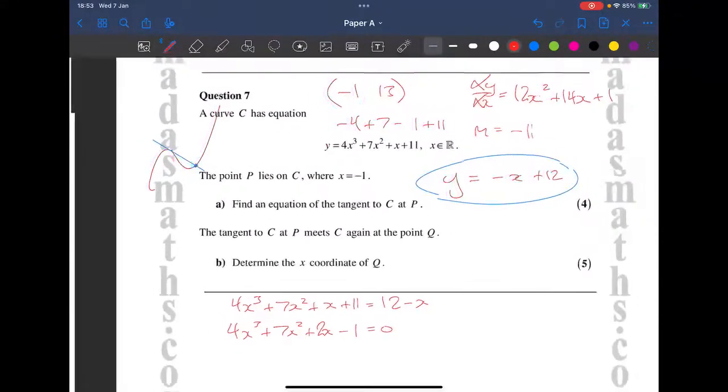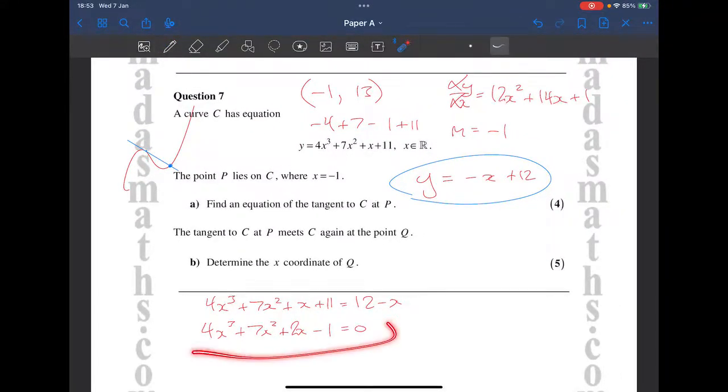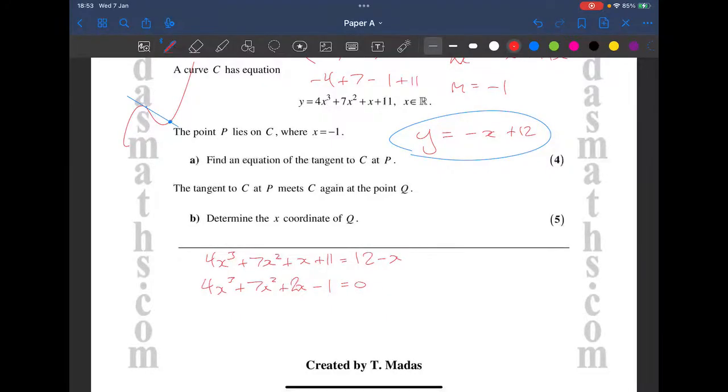So now, earlier on we needed to factorise one, and we had some roots already, which made it much easier. But what we should know is that this is actually a repeated root at the tangent. So minus 1 should be a solution twice. So i.e. we're going to have x plus 1 squared. I will write it out as x plus 1 again,